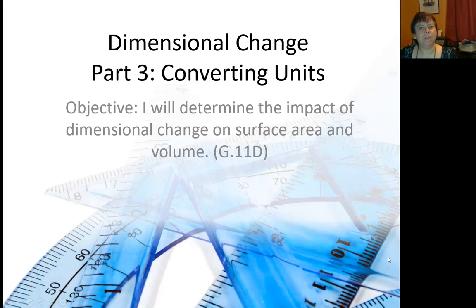Now we're going to look at converting units and just look at the similarity between the dimensional change we were doing before. With dimensional change, we were actually changing the size of the object. Now we're just changing the way we measure. In a way, it kind of feels like you're changing the size of the object because you're going from big units of measurement to small units. So it's like you're going from a big grid to a little grid. If you made the grids the same size, it does look like it's blowing it up. But in reality, we're just changing the units. The size is remaining the same, but the effect is very similar, or the strategy is very similar to dimensional